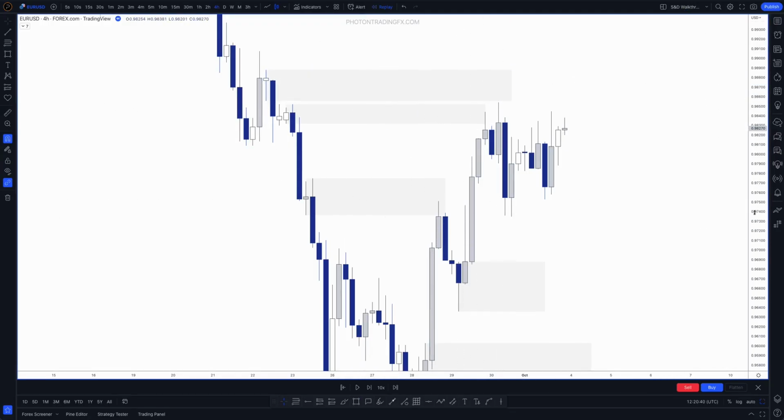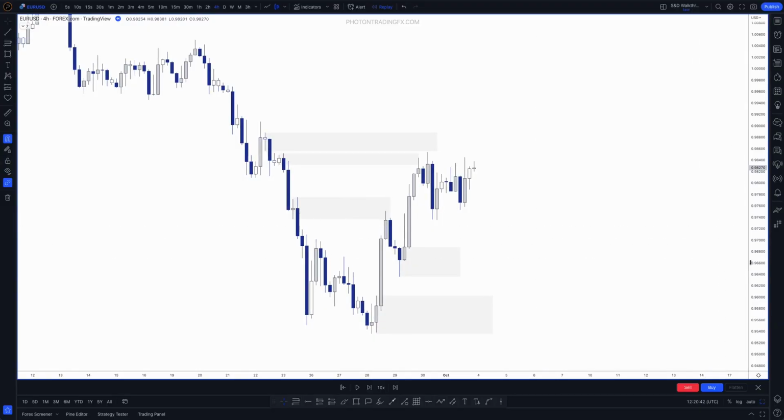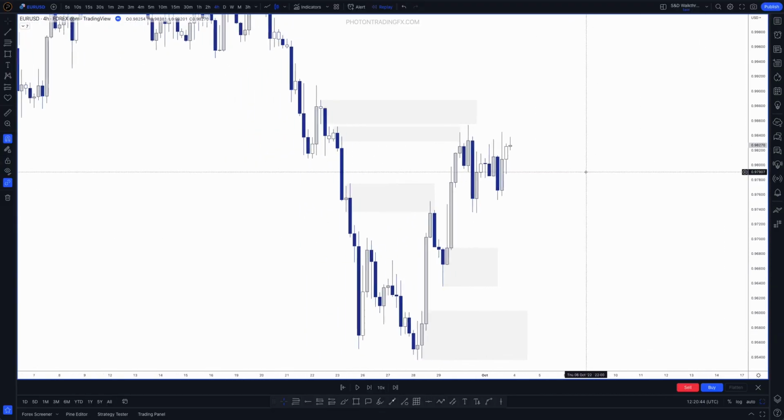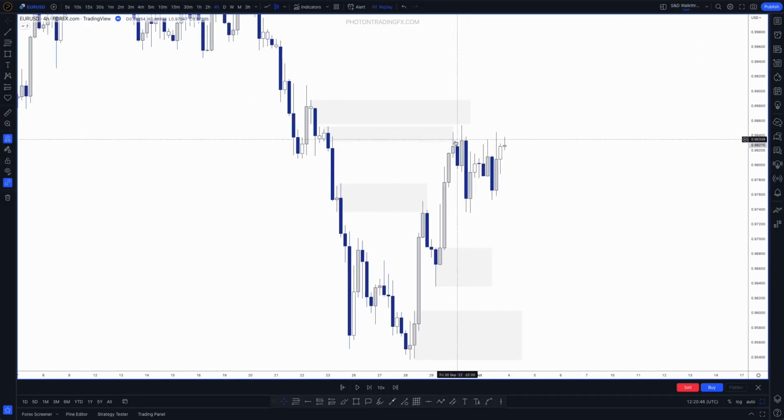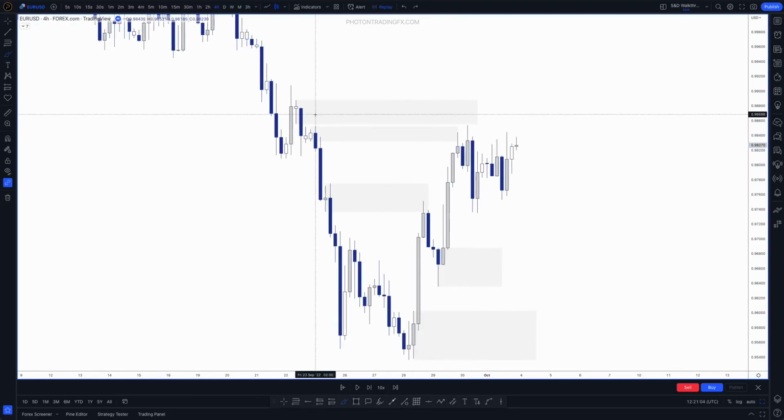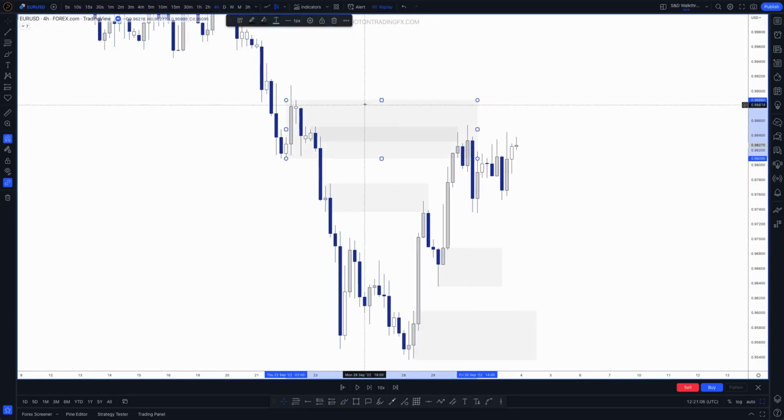But this is again where sometimes the market is not perfect, and what you'll have to recognize is that, let's say we're in the live market and price is coming up into this instance, and we go, okay, we have this pivot zone here and we have this pivot zone here. Price has now traded up through this one. So the bit I'm talking about is when price is here. We go, okay, we traded through here. We could be waiting for price to tap into here, but it doesn't quite tap in, and then we move away. We can understand, and we can look left and go, well, we know that this whole area is supply,